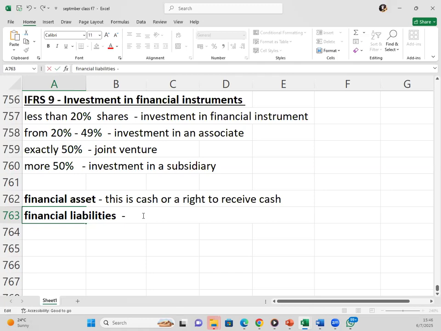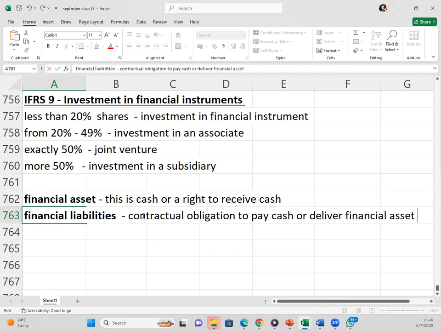You're not the one receiving, you're the one paying. If you're the one receiving, it's a financial asset. If you're the one that is going to be paying, it's a financial liability. So this is a contractual obligation to pay cash or deliver a financial asset on terms that are potentially unfavorable